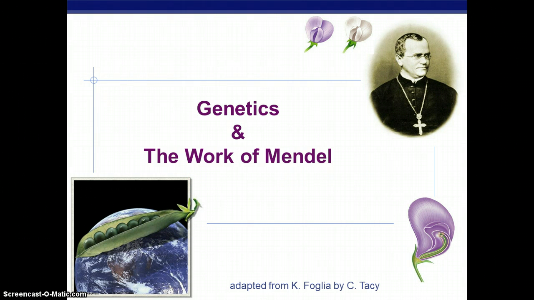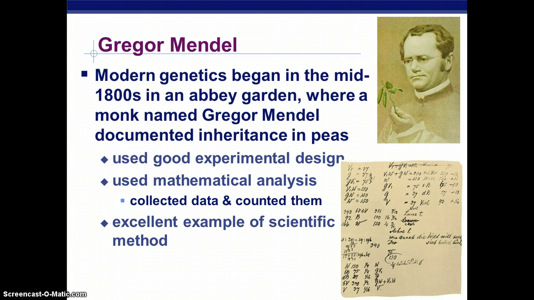So you understand the basics of genetics, and now we're going to talk a little bit about Gregor Mendel and how he actually figured out how traits pass from one generation to the next by using pea plants. So modern genetics began in the mid-1800s in an abbey where a monk named Gregor Mendel documented the inheritance of